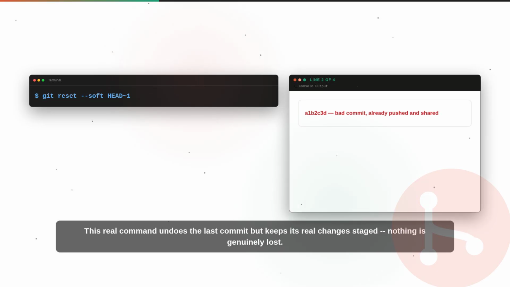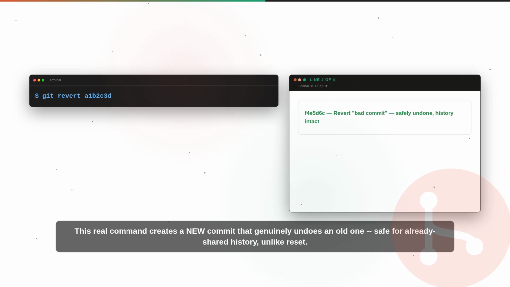This real command undoes the last commit but keeps its real changes staged. Nothing is genuinely lost. This real command undoes the last commit and genuinely discards its changes completely. Use with real caution. This real command creates a new commit that genuinely undoes an old one, safe for already